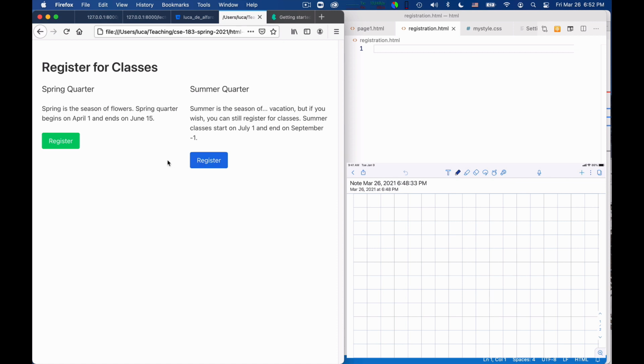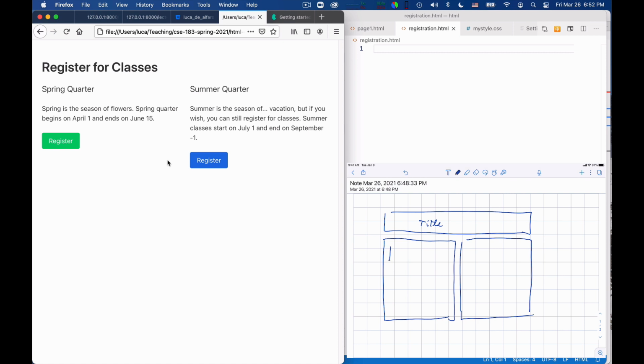So, in the same way that the layout happens by rectangles, it's helpful for you to think of the organization of this page as rectangles. Specifically, there will be on the top the title that we fill with text. Okay? After this, we want to essentially create two columns. You know, one for the spring and one for the summer session.